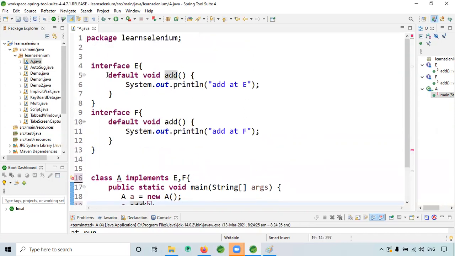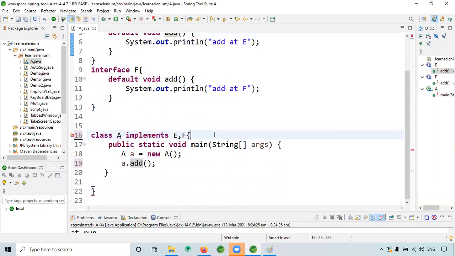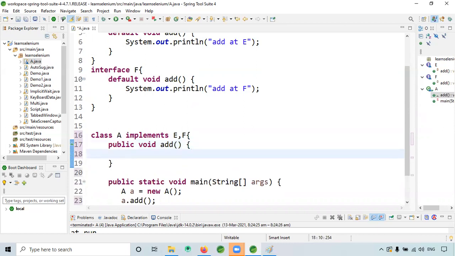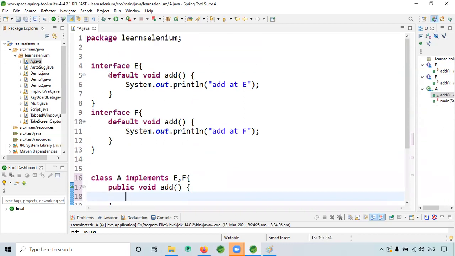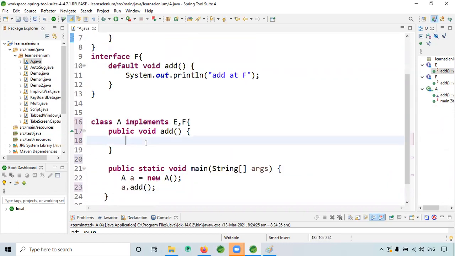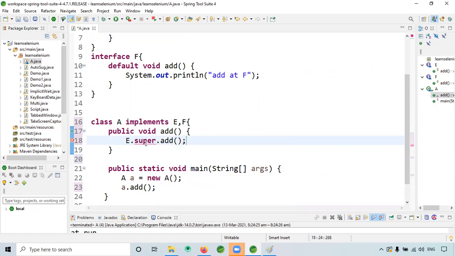Now, if I want to call this method in the interface, we have add, right? If you want to call it, you have to write one more method here, something like public void add. If you want to call this method, just e dot super dot add like this.